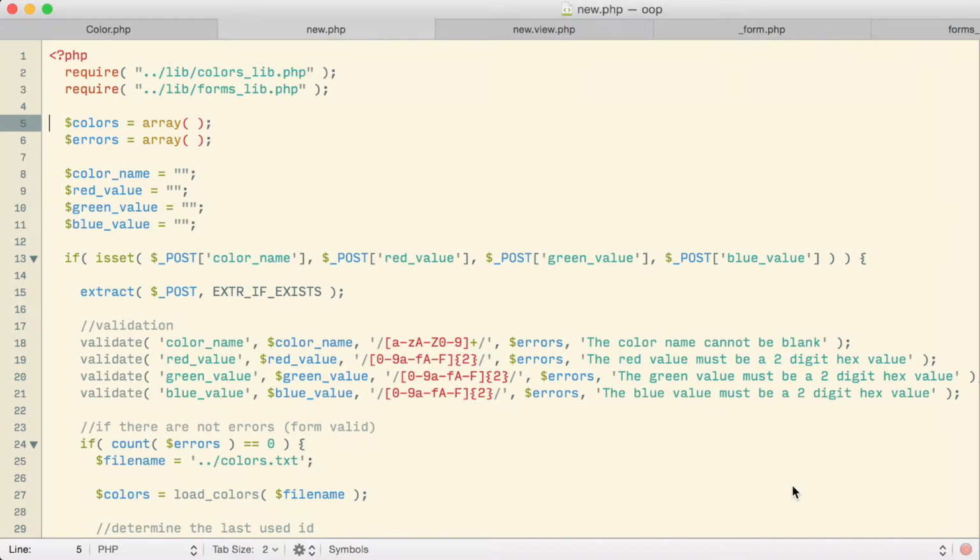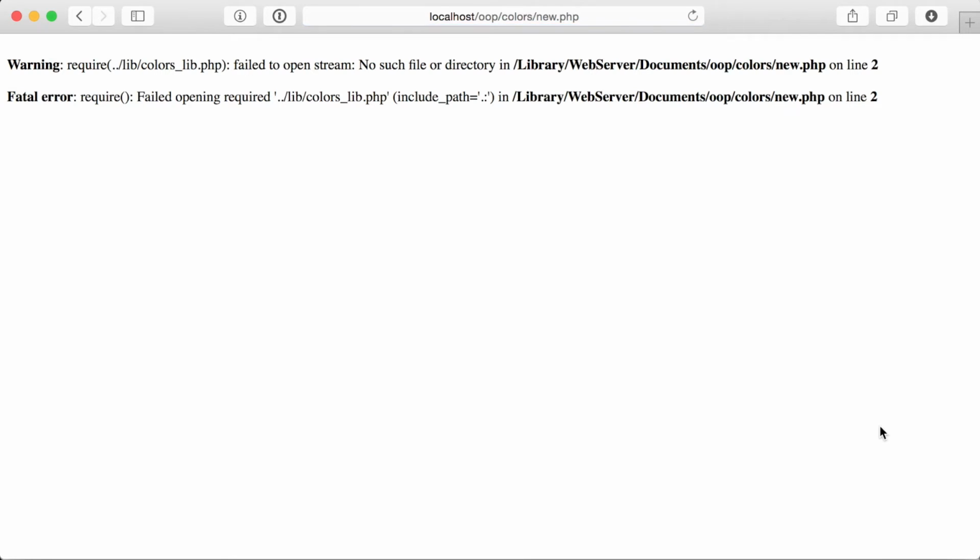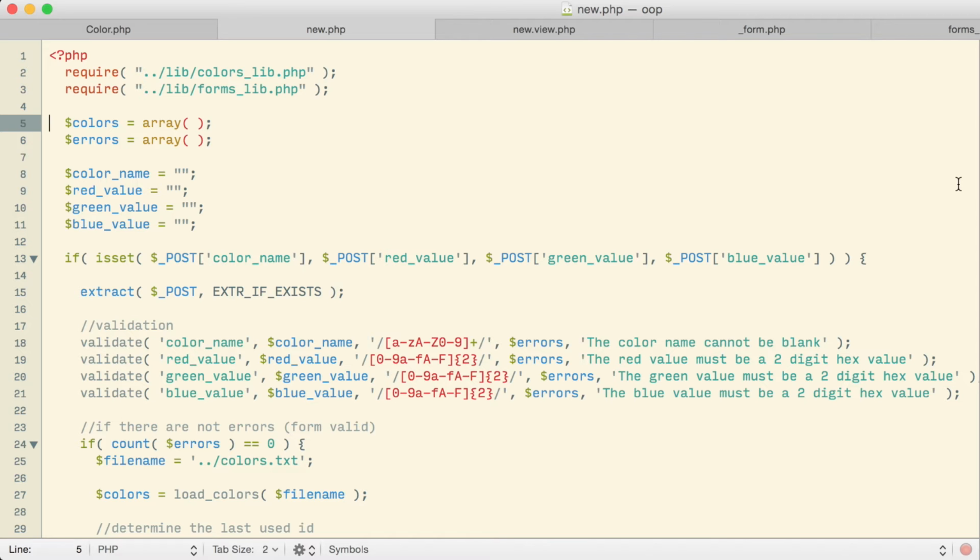For starters, if I take a look in my browser at the new page, it of course does not at all function right now, primarily because I've wiped out my color library file. I think what we might do here with the new page is take a couple of passes through it. On the first pass, let's just see if we can get the new page to start working again using the color objects basically the way we have them right now. And then on a second pass, we'll shoot for something that'll be a little bit more ideal.